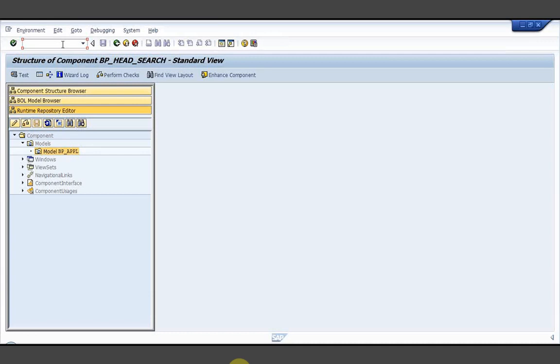So just remember BP underscore APPL is a component set responsible. Okay, so let us see what are all the components resided in BP underscore APPL.